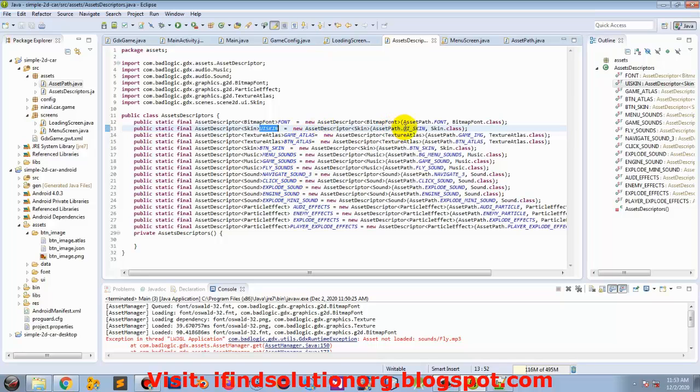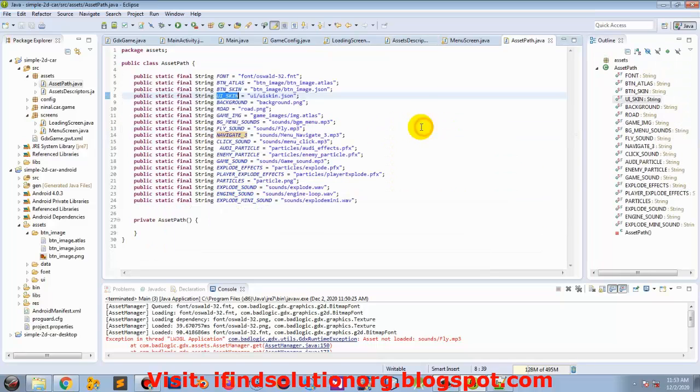So this should be good and this will work. So now we also have the font. Now if we run this,